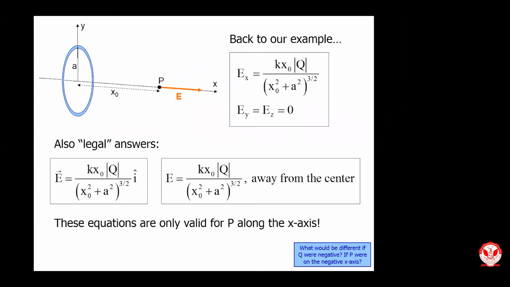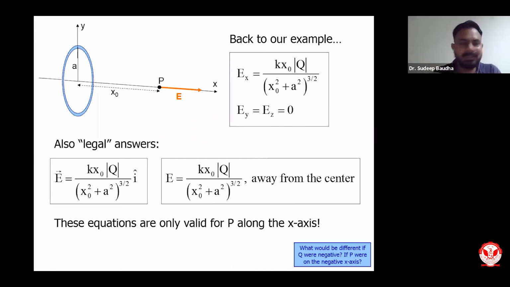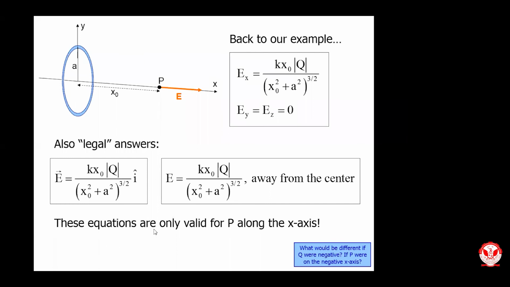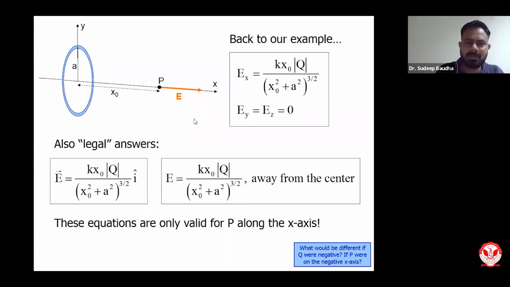But if we take P at a point in the negative direction, correct, then also only the direction will change. Nothing else will change, because we have changed the polarity of the charge as well as the direction. So the sign won't change, but the indication will change. That's it. So anyways, some people are listening at least, right? So that is how you can find the electric field because of a ring.